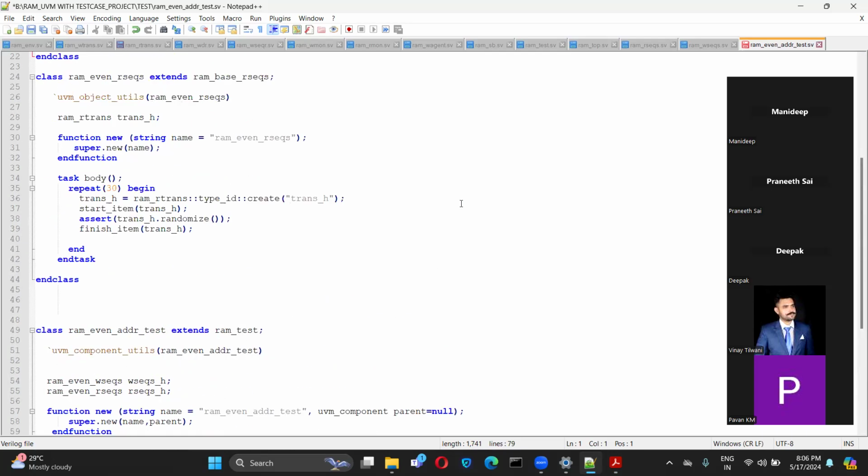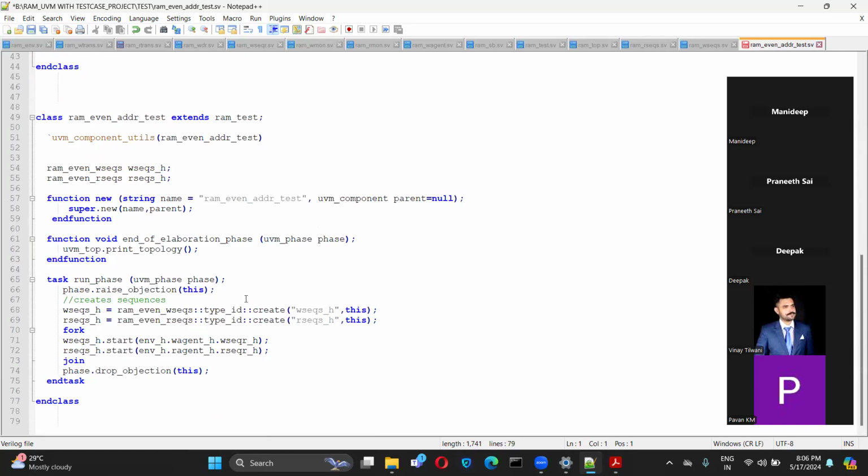To understand, for the sequence, why we are giving this here is because it doesn't have a parent, and we are trying to say that for this sequence, this is the parent, right? So in those cases, you know what this indicates. Once you go through that, you will get more understanding of when to use null and when to use this operator. Okay. Now your doubt is clear, right? Like in that particular child test, what the UVM component parent should be given.